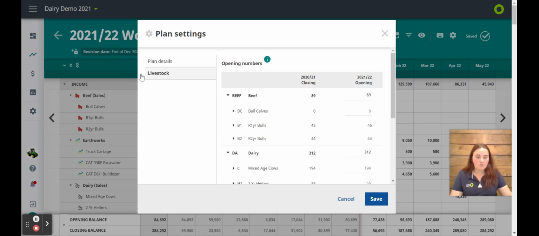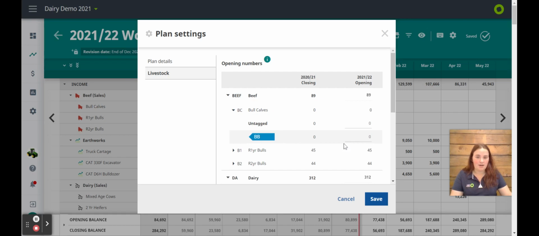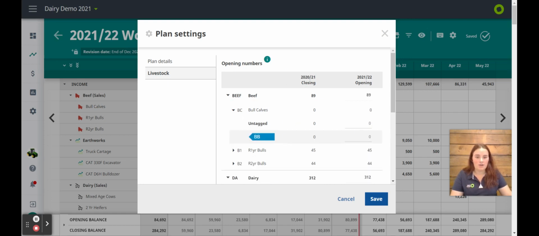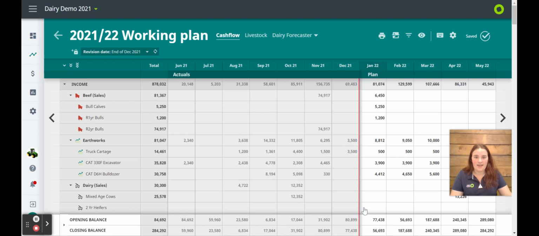Now livestock. If you have come over recently from Cash Manager Rural and your livestock was a little bit out of place or hadn't quite been amended, you can come into your working plan, click on livestock in the settings cog, and use once again the little arrows and drop down. So we can add in any opening or close. So we can't edit the closing, but we can edit the opening. So I can come in here and I can pop in that I actually had 150 opening balance for my bull calves. I can save that,